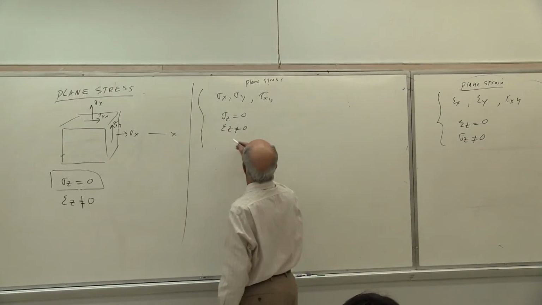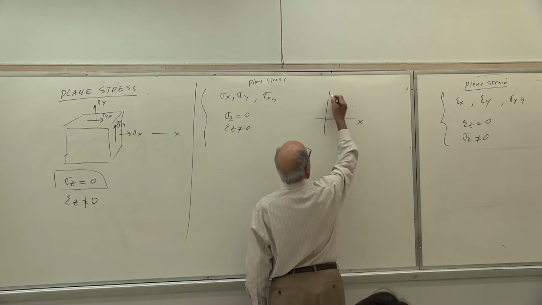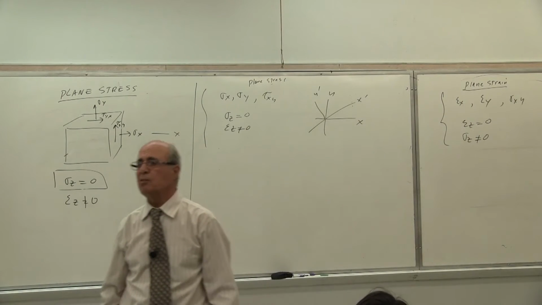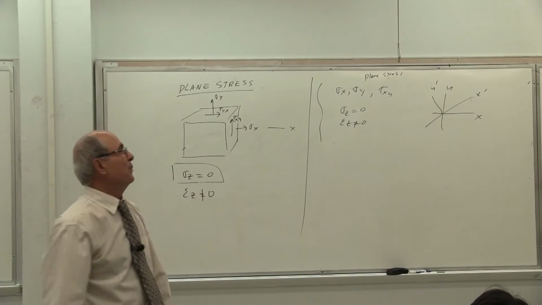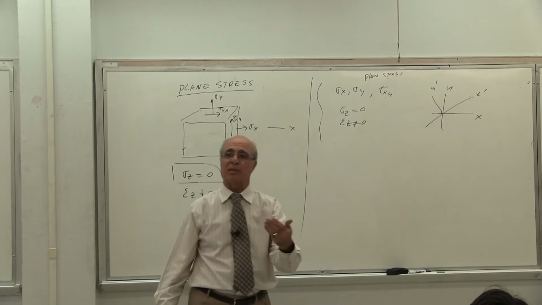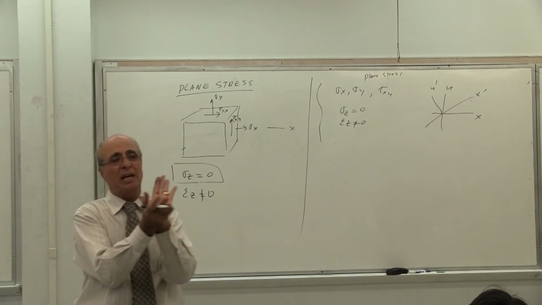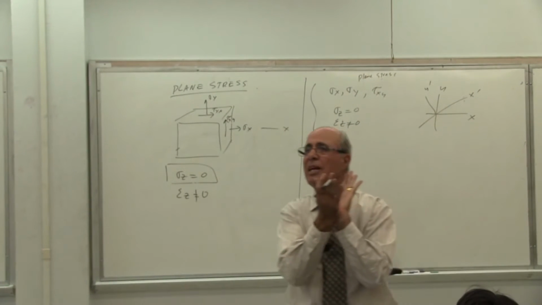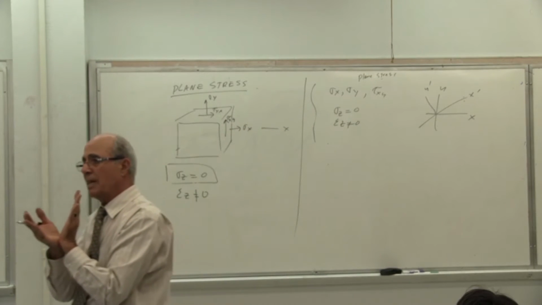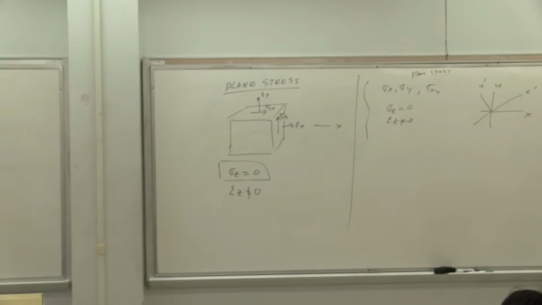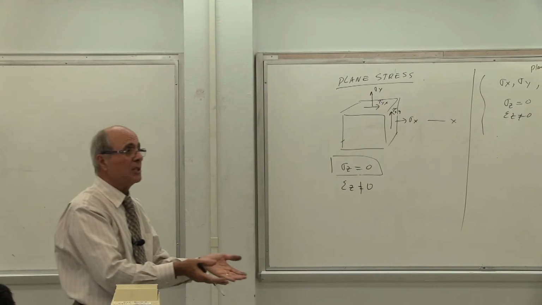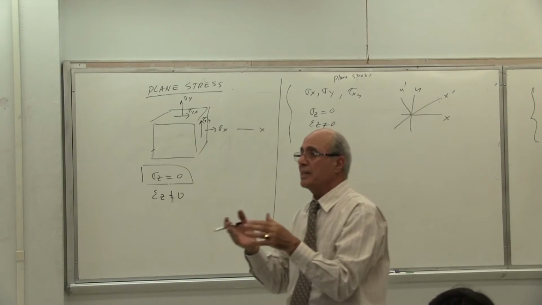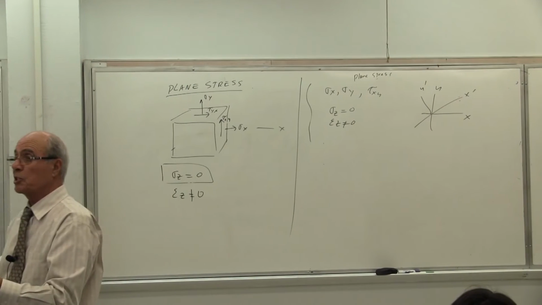Now, when we went from x and y to x prime and y prime, what equation did we get? Everybody remember that equation? No. Before we go through the Mohr circle, the whole chapter 7 started like that: we calculate everything based on x and y, and what are the stresses in the direction of x prime, y prime. You remember that? Yes? Which I gave you 3 equations, etc. We did that in the beginning of this class. We did it at the end of ME218. Yes or no?